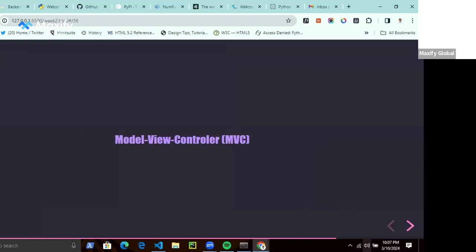Then we're going to look at another important concept known as the model view controller. This is actually a pattern of web development. MVC stands for model view controller. It is actually a pattern or an architecture of how the web works. The model essentially refers to the data, right? The data in your application, things like your database schema, your actual database, which can be hosted on another server.